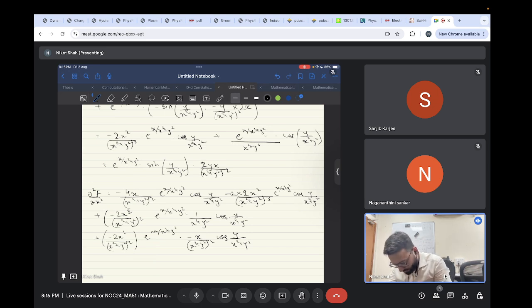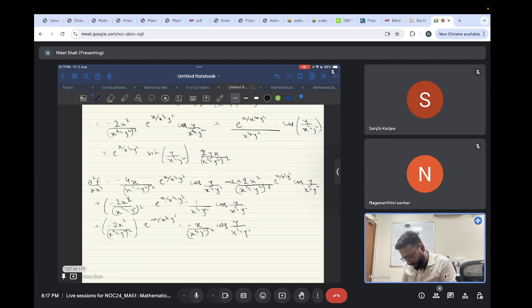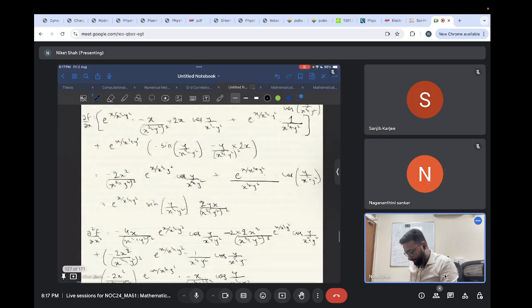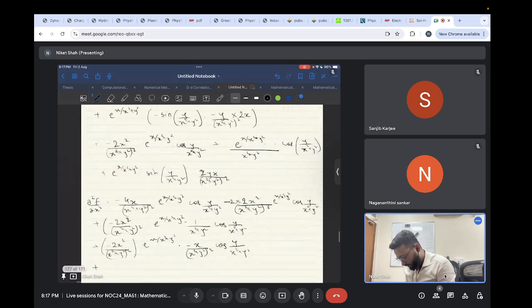All right. So 1 upon x square is y square. This one is already done. This is the second part that we just finished. And now go for the third part. So now there will be a derivative with respect to cos y, right? It's 2x square upon x square plus y square, the whole square raised to power x divided by x square plus y square minus x divided by x square y square